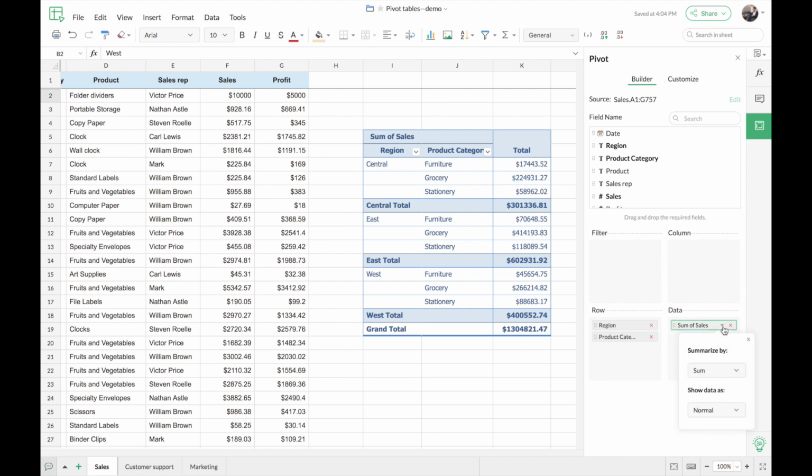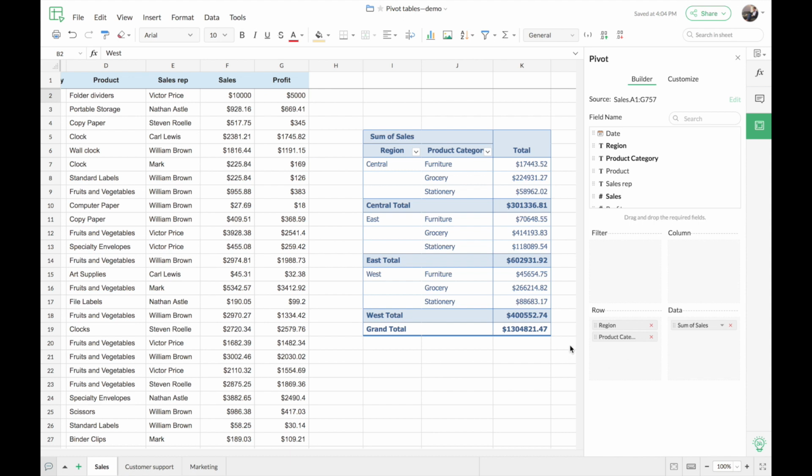So once you click on that, that will open up two options for you. So here in this drop down, you can select the function by which you want to consolidate your tabular data. So now I'm just going to leave it as sum because I want the total sales that have happened per region based on the product category. If you want another function, you can select from this list. Also, you can see another drop down here at the bottom. So using this, you can choose the format in which you want to display the tabular data, either as numerical values or even percentage values.